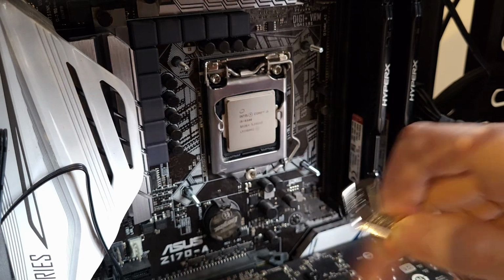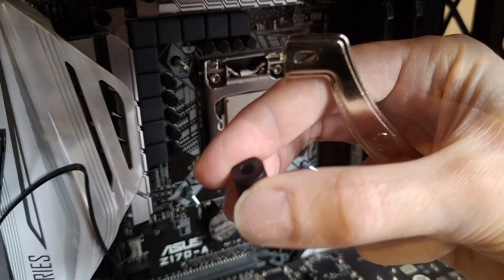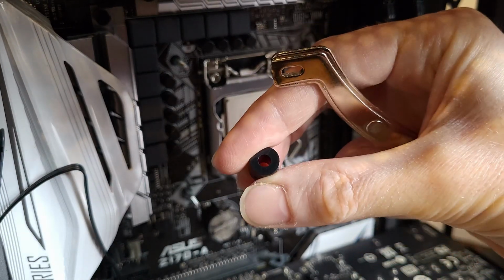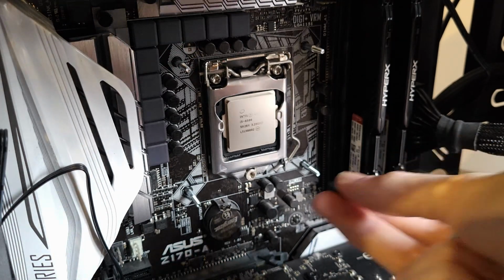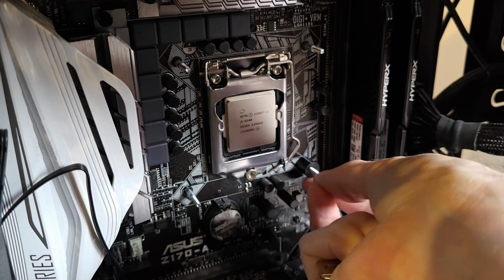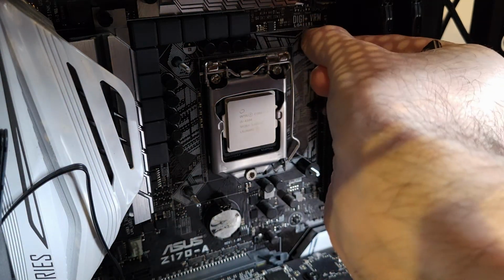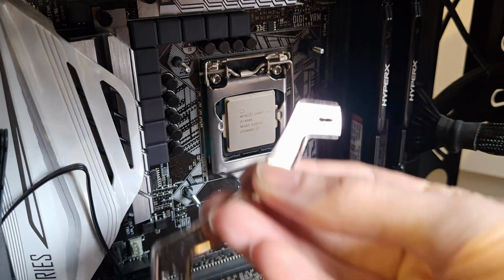So you've got to put on the spacers first. Now in my case they're the black spacers, but there are also dark blue ones supplied, which you use if you've got a different type. So I've got to put these on here. And then got to put this on,